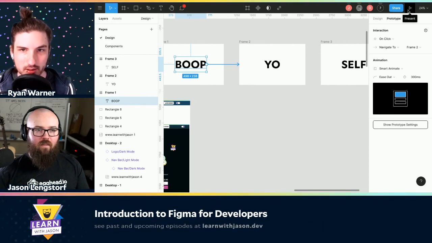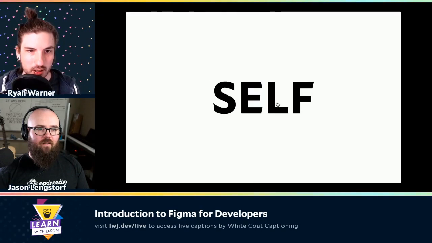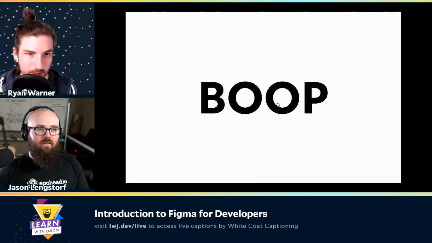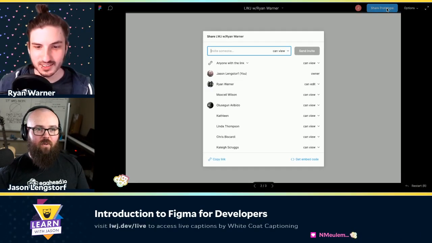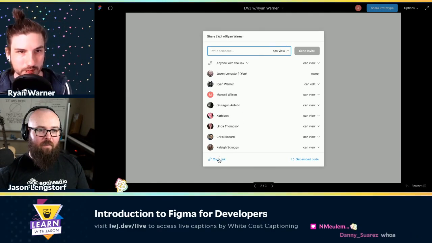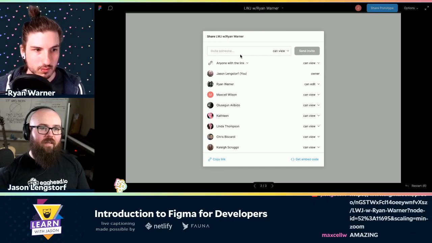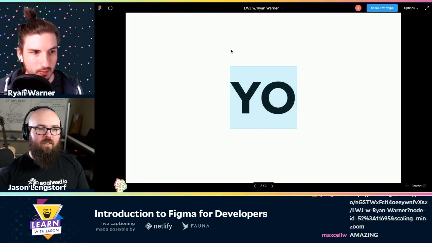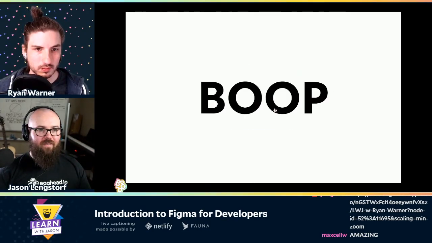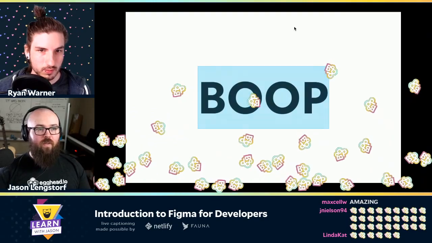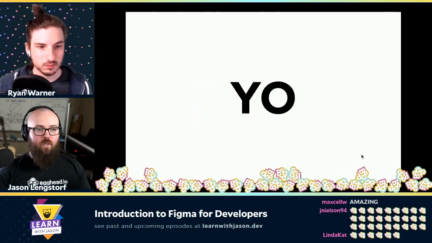Yeah, the present button will take us into a new mode where we can interact. Yeah. And then I can boop yourself. Share the prototype and we can copy the link. And I didn't realize it was going to show everybody's names. Sorry, y'all. But now when you can go click this and look at this. So if I click somewhere that's not clickable, it shows me what on the prototype is clickable. So that is really helpful.